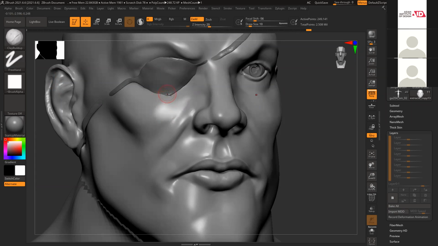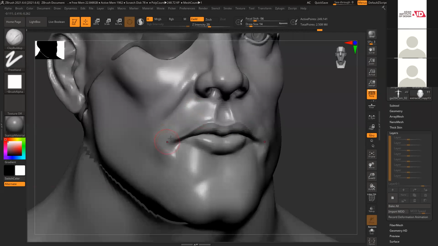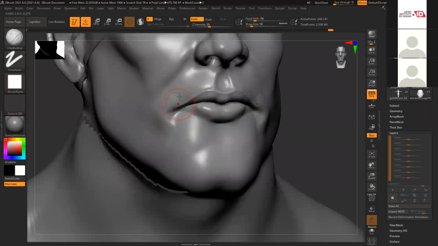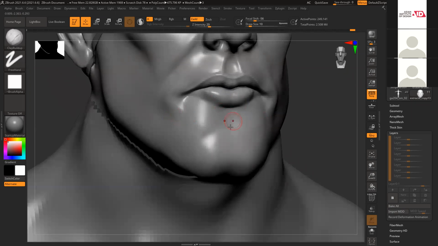Slightly inside. The level of this muscle and lips is almost the same.